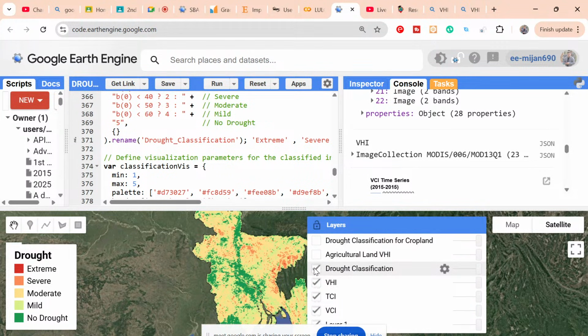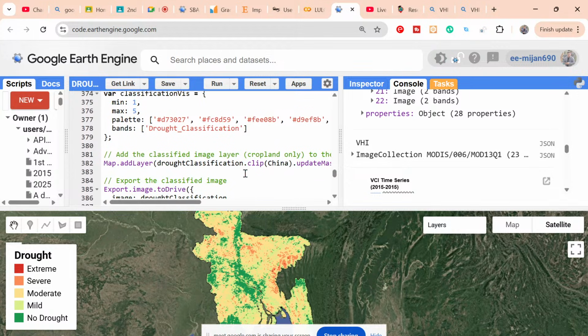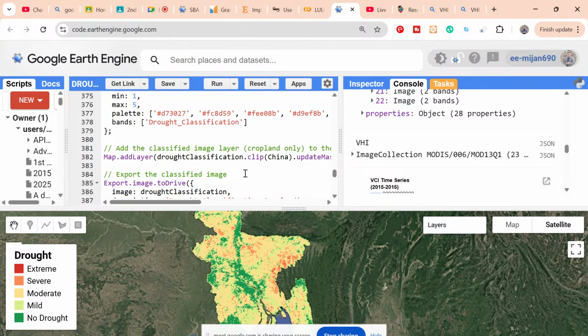But this drought classification map I need only for agricultural land. I want to monitor the drought for agricultural land. So now how can I get